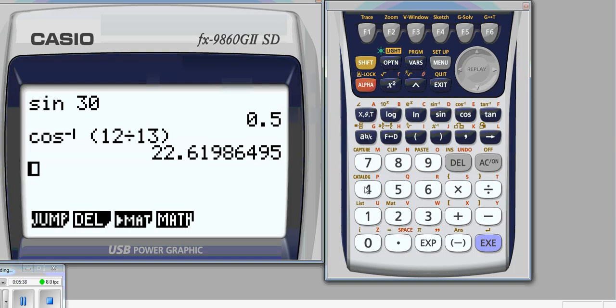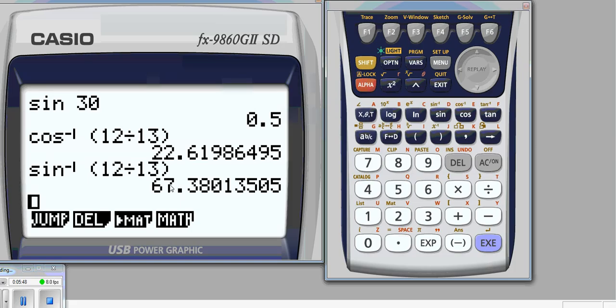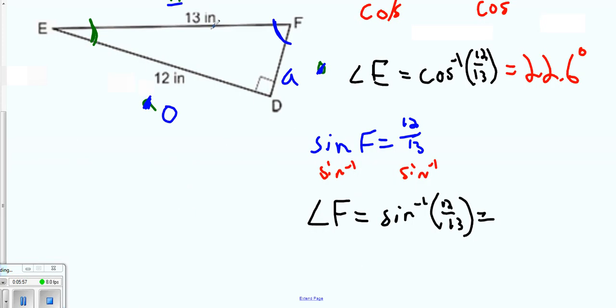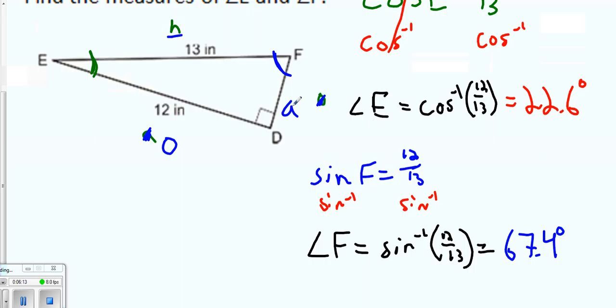So to figure it out, I just plug it all in. I do sine inverse instead of cosine inverse of 12 over 13, whatever that comes out to be, 67.380, some extra junk at the end of it. We'll just round it up to 67.4. So we would say 67.4 degrees, which is kind of nice because 67.4 and 22.6 will add back up to 90 degrees,